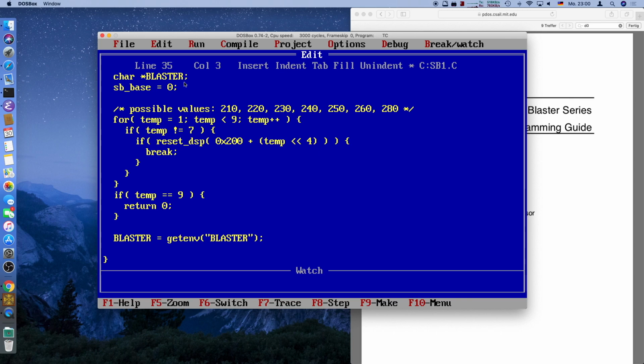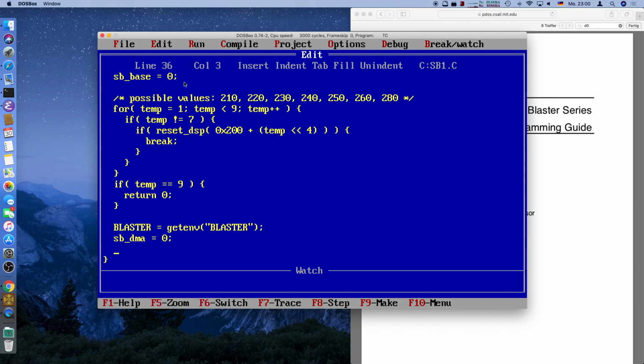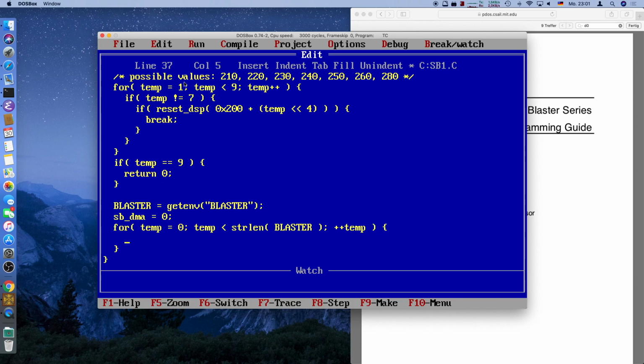And again, we will pretend that we did not find anything for the DMA, and then iterate over all possible characters in the BLASTER environment variable. This should probably be something like string length. And if we encounter D in blaster at position temp,